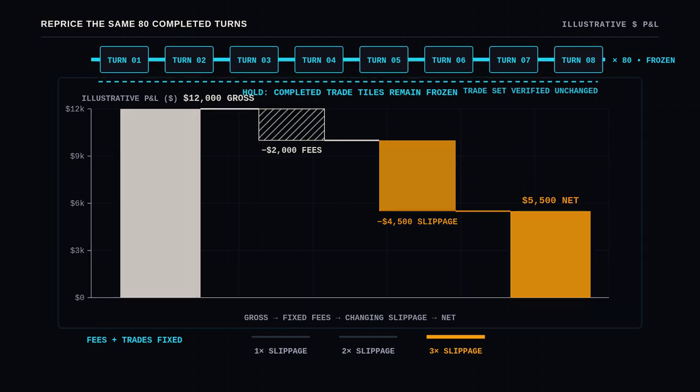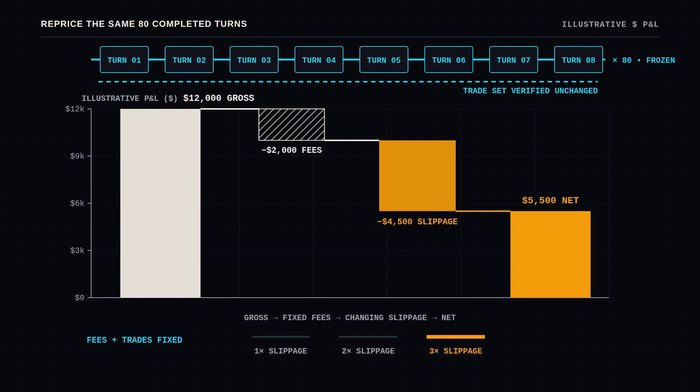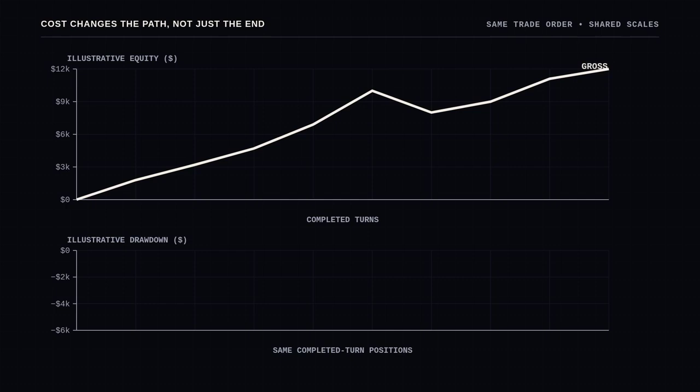That is why gross and net equity need to stay aligned. Both curves use the same trade order, and their drawdowns sit directly underneath on the same horizontal scale. Gross profit alone cannot show that path. You are not hunting for a dramatic endpoint. You are asking where the costed path bends, how far it falls from its prior high, and whether recovery becomes